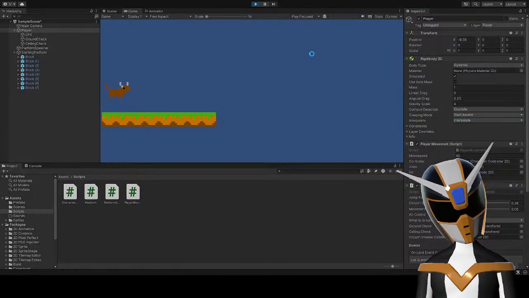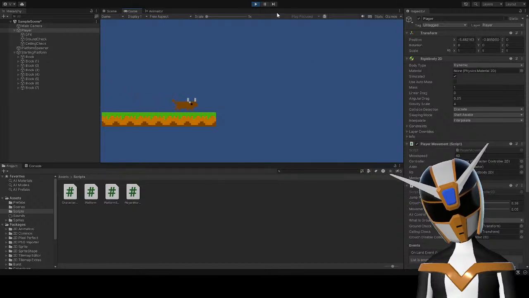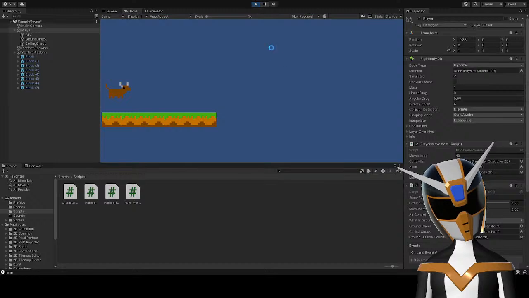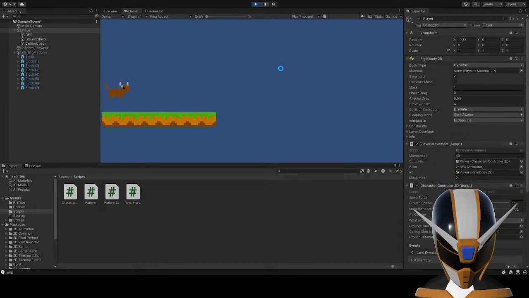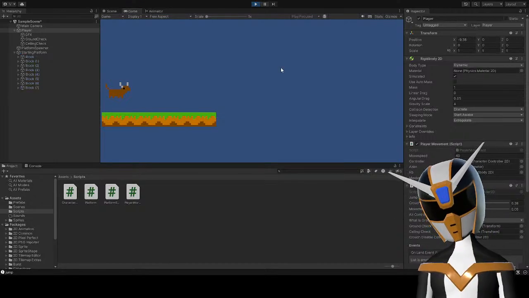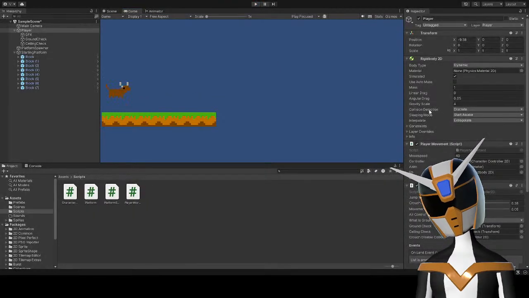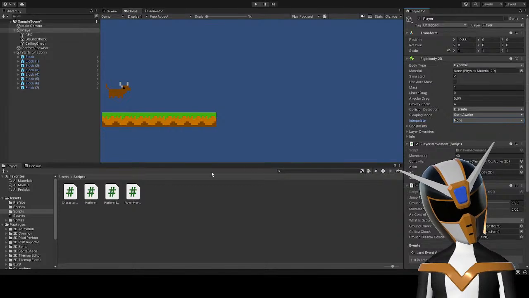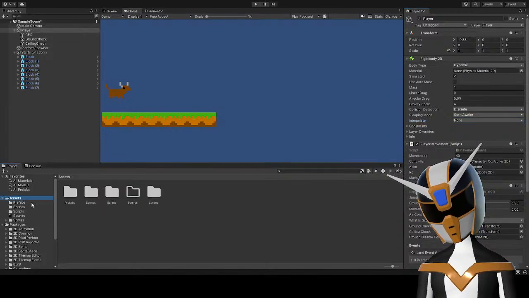I forget what it is I want to do to make that work. I may need a physics material of some sort. Actually, I think that is it. I need a slippery physics material, otherwise you kind of get caught on edges sometimes.